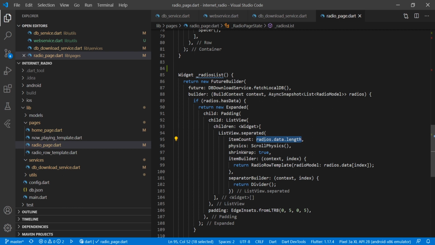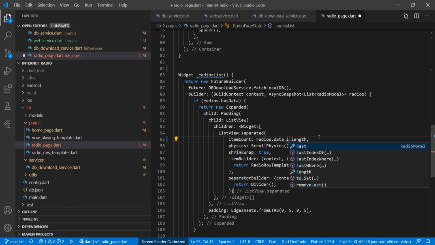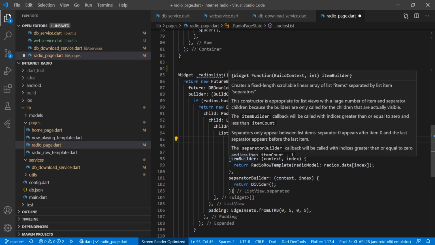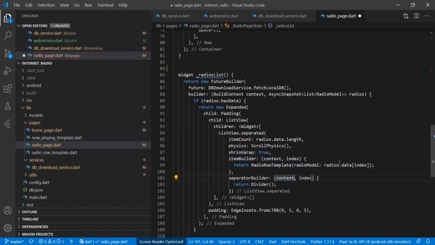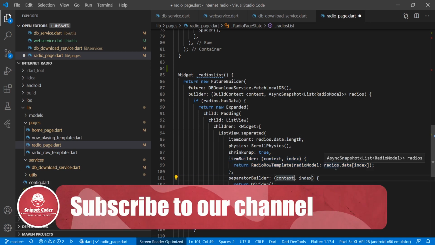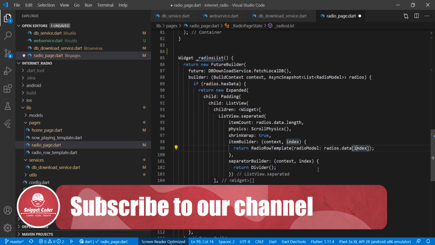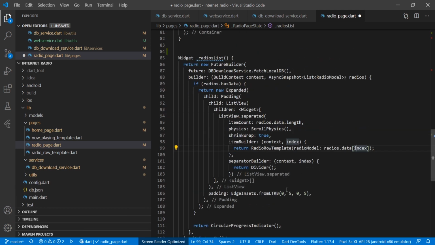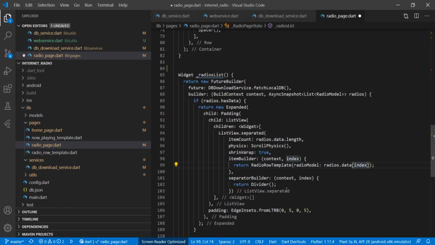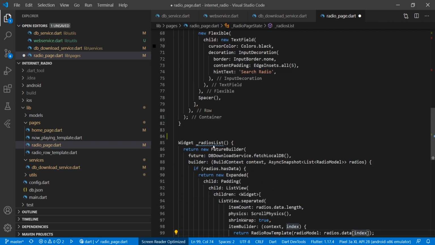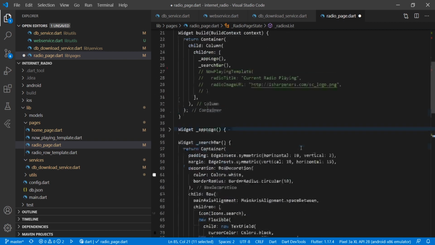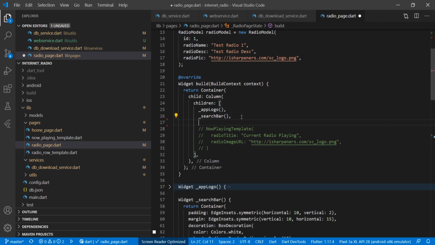In the item count, we provide radios dot data dot length. In the item builder we just change that radio model to radios dot data, then provide the index number, and the rest of the method is the same as we covered in our last UI video. Now we will call this method.